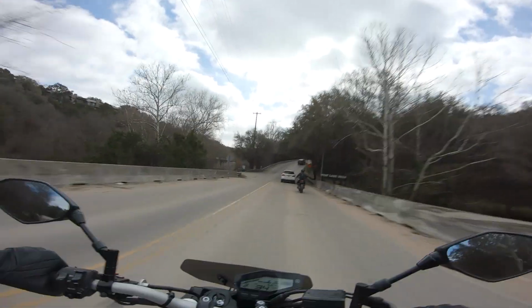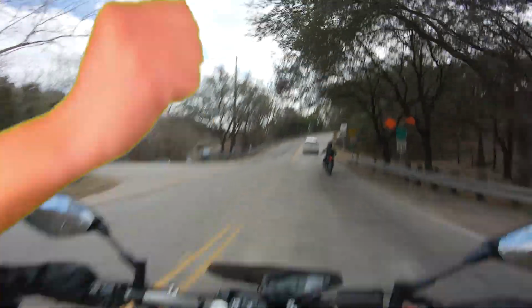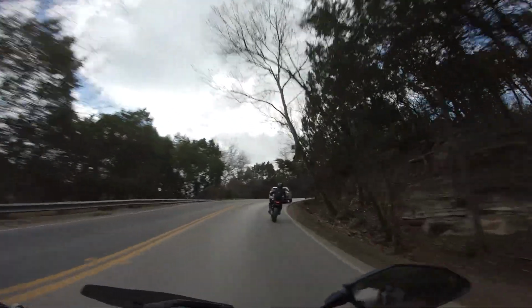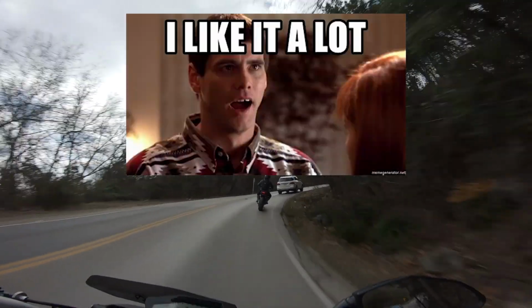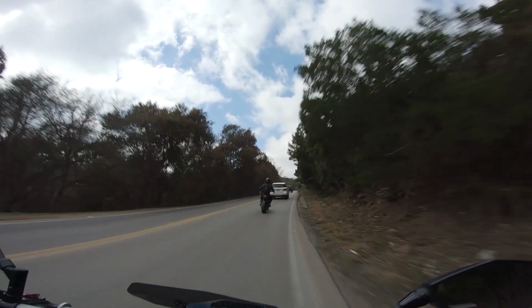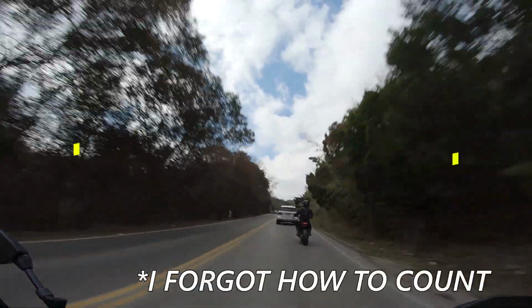Also, pretty much every single one of these motorcycles on this list is awesome. So while they are numbered, order's not really super important here. Just go ahead and pick out the one you think is coolest as your number one, and why not let me know down below. There's a lot of bikes on this list, so let's get started right away with number